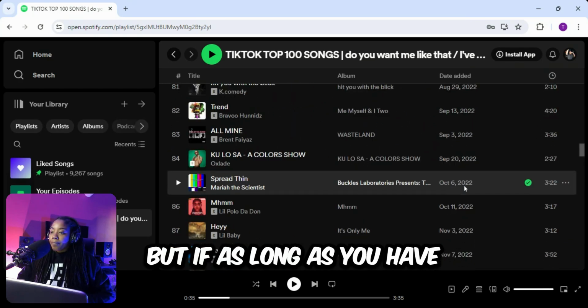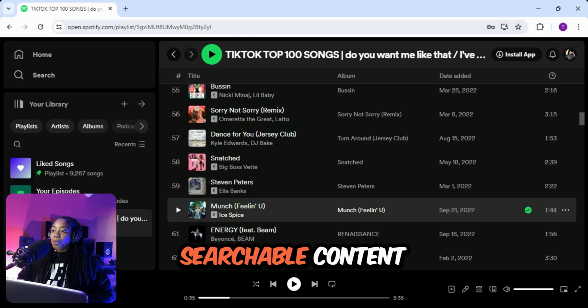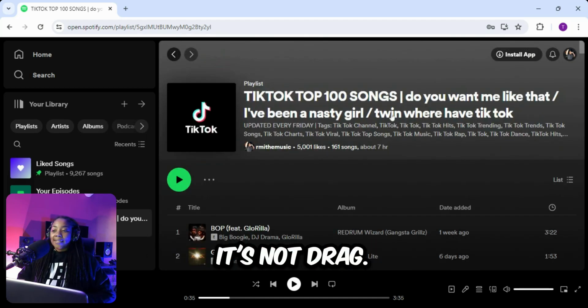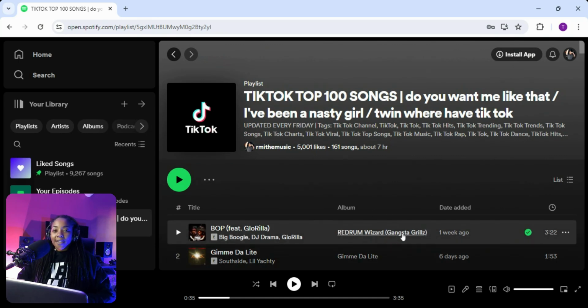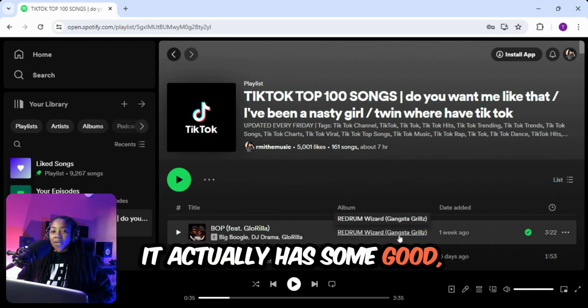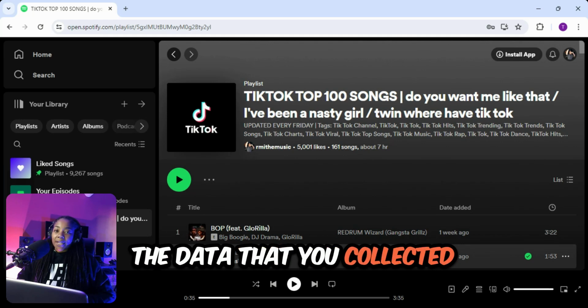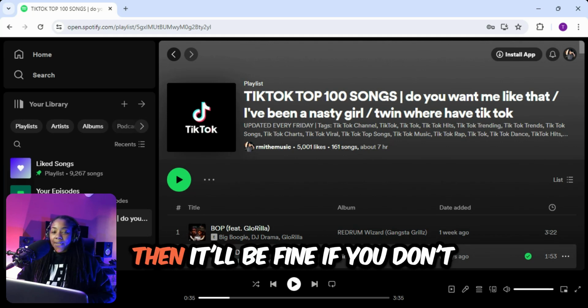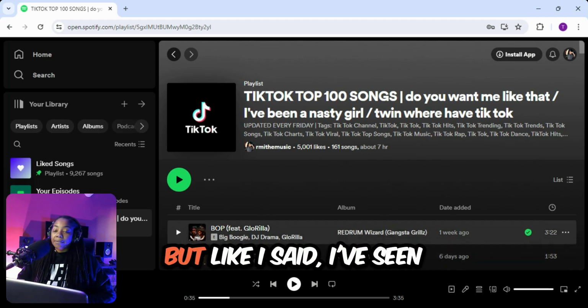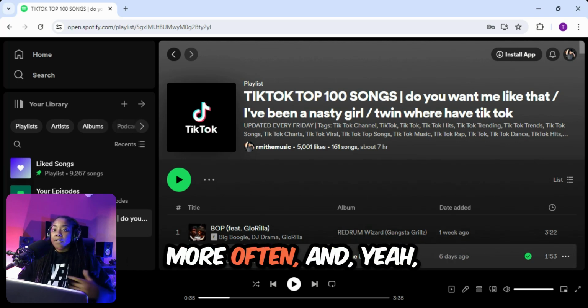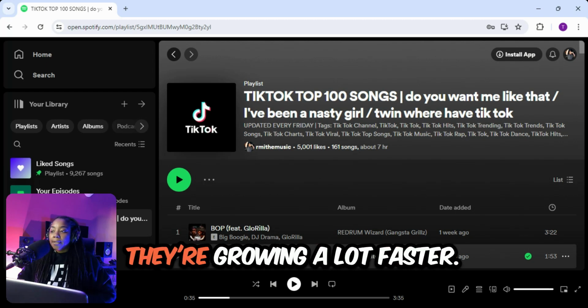But as long as you have searchable content and the playlist isn't a drag, like it actually has some good music on there that you think people will enjoy based on the data that you collected, then it'll be fine if you don't update it every month. But I've seen playlists where it's updated more often, and yeah, they're growing a lot